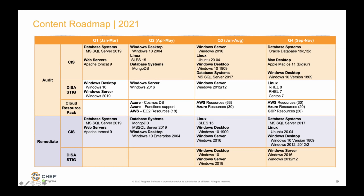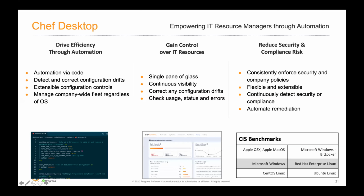With that, I'm done with the compliance aspect, and then I'll hand it back to Nishchal for the Chef Desktop. Thank you, Sharon. All right, so let me give you a little bit of background on what the Chef Desktop product